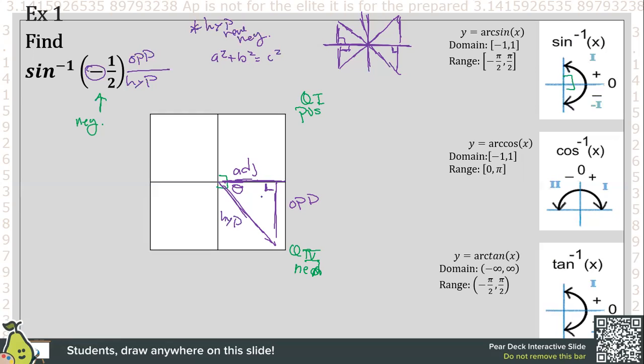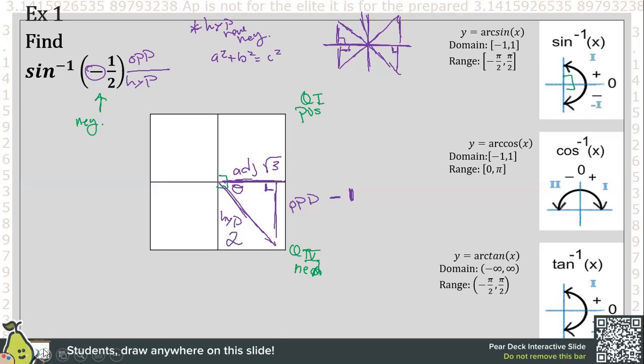So we have that the opposite side would be my -1. And that makes sense. Right here below is a -1. And my hypotenuse is 2. This right here is in the unit circle. So I can go ahead and see that my adjacent side would be square root of 3. Okay. So we can go ahead and solve for this by saying,